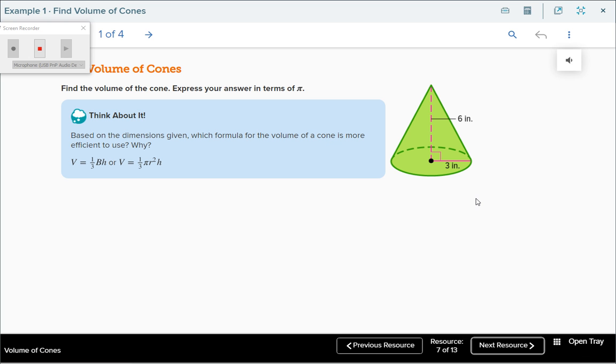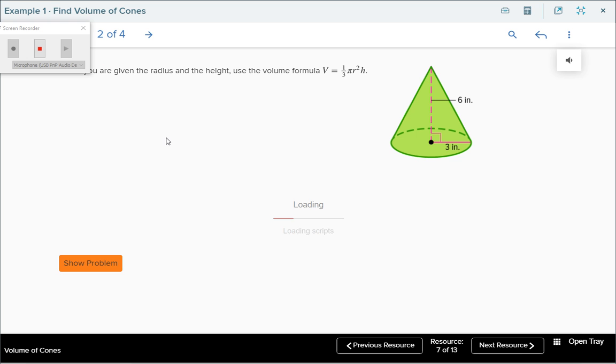What does this 3 represent? The radius. So we're going to plug that in for R. What does that 6 represent? The height. The height of the cone. Okay, so let's plug those in. And as we look at this, again, this is going to look a little different than the formula I showed you. But if we plug those in,